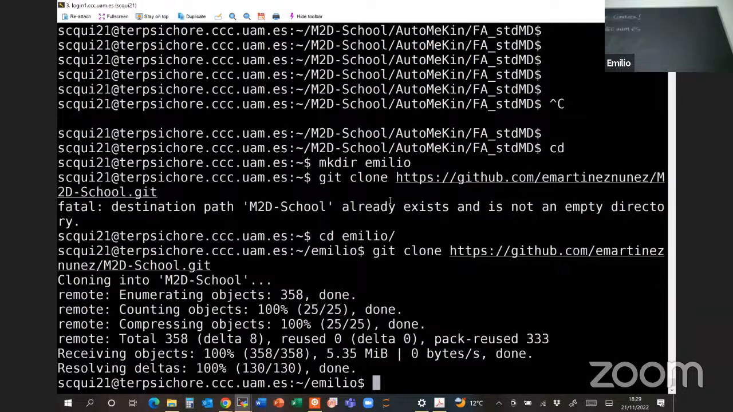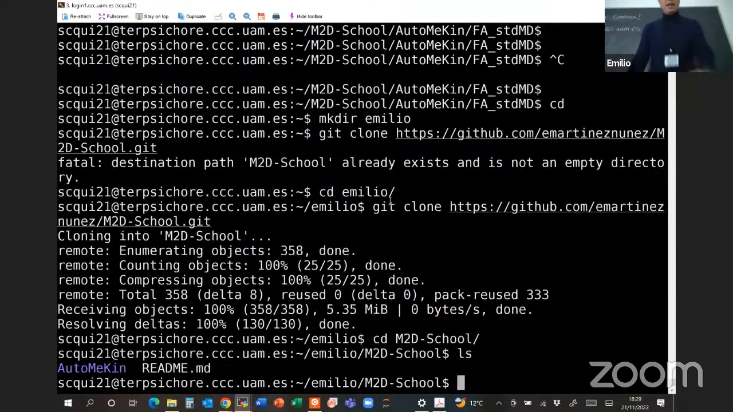So everybody has done this. Everybody knows how to do it. Git clone and then the name of the repository. And for the name, if you don't want to type all these things, go to the link that Juanjo sent you yesterday. You will have everything there. Now you will have a directory with the name of the school, M2D, and then you have another one named automaking,